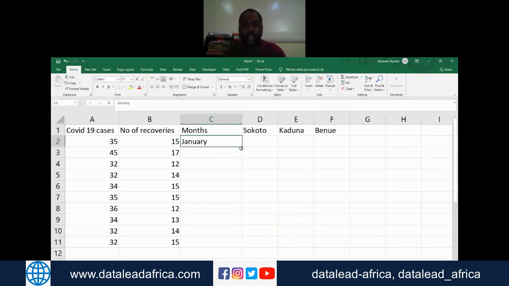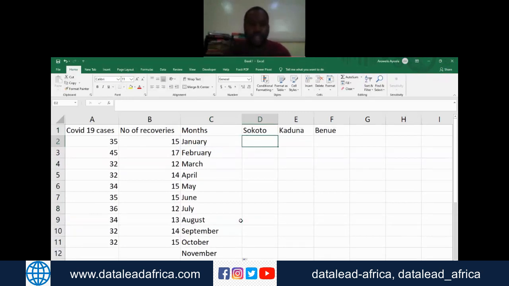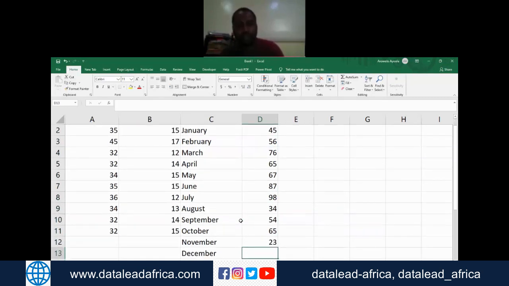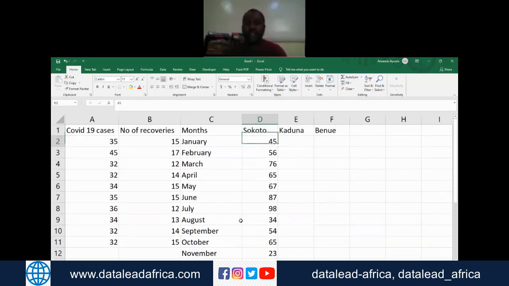I'm just going to highlight down so that you understand why it does this, because Excel thinks in relative terms. So I have January down to December. And so let's say I have 45, 56, 76, 65, 67, 87, 98, 34, 54. Let's say I have data set like this. 78, 65. Just random data that I just